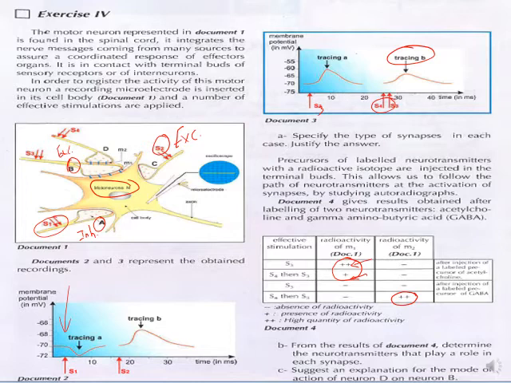Moving to the last part, suggest an explanation for the mode of action of neuron D on B. So neuron D has an inhibitory role on neuron B. Why? Since the stimulation carried by S4 then by S3 causes the decrease in the effect of B on M by decreasing the exocytosis of the neurotransmitter in the case of